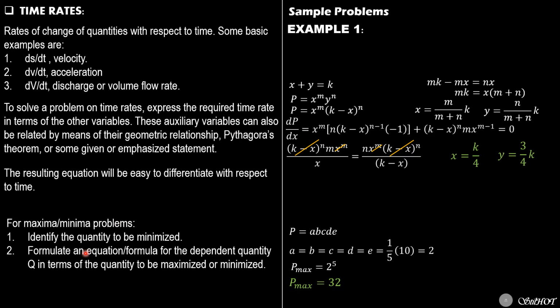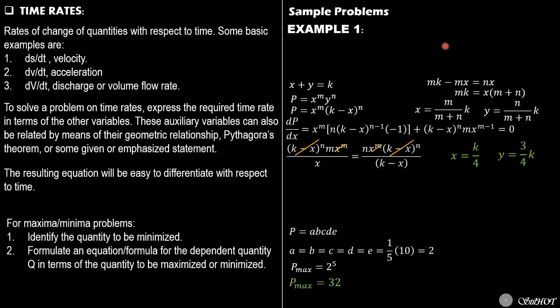So take note that when we formulate and differentiate with respect to the independent variable, the derivative is interpreted as slope. So that's why if we're going to compute for the maximum value, because the slope at the highest, or the minimum value, the slope of the tangent at the lowest, the slopes are zeros. So that's why after differentiating, we equate the derivative to zero.